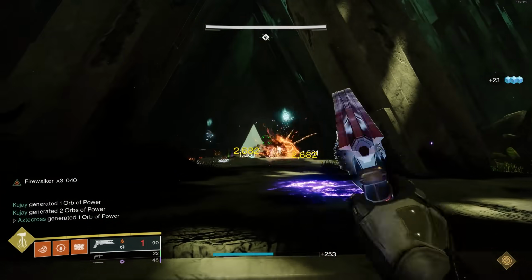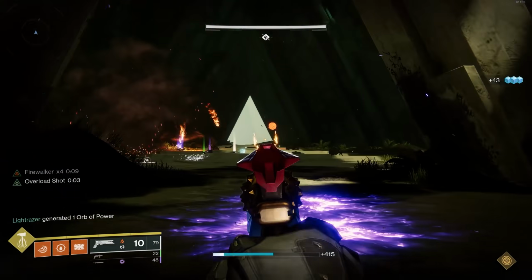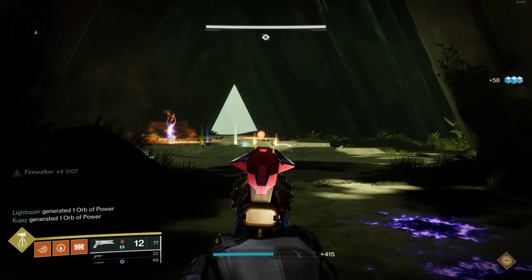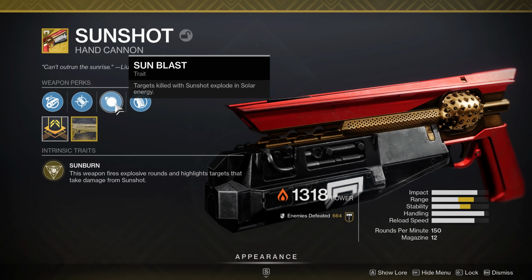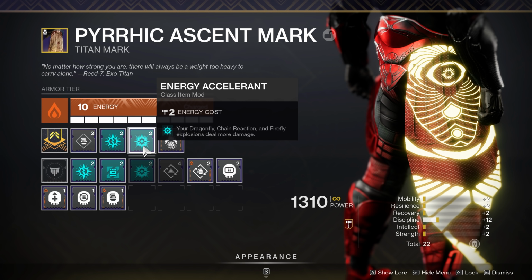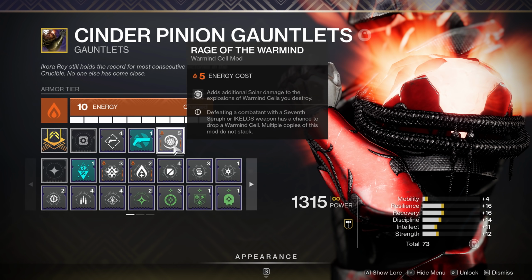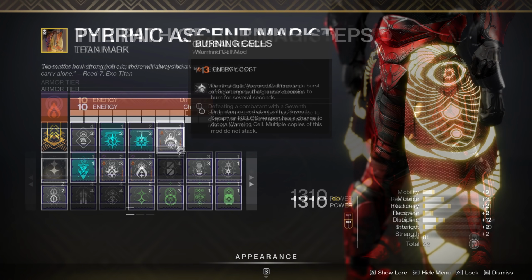And it's actually its ability to create Warmind cells. It's one of the best weapons when it comes to creating consistent Warmind cells alongside mods like Wrath of Rasputin, where Solar Splash damage has a chance to create Warmind cells. Sunshot, in its ability to create those explosions, now being doubled with Energy Accelerant, is even more likely to spawn you Warmind cells. And when you combine it with other mods like Rage of the Warmind, which adds an additional